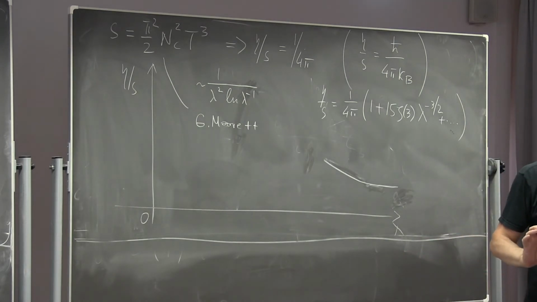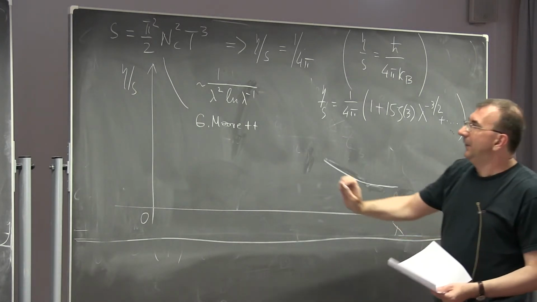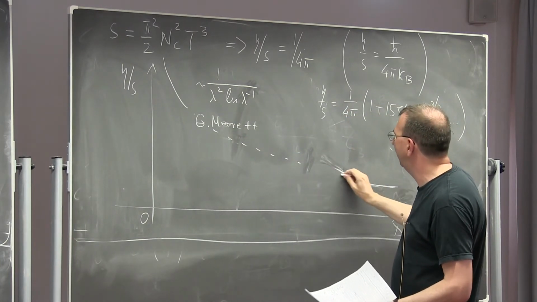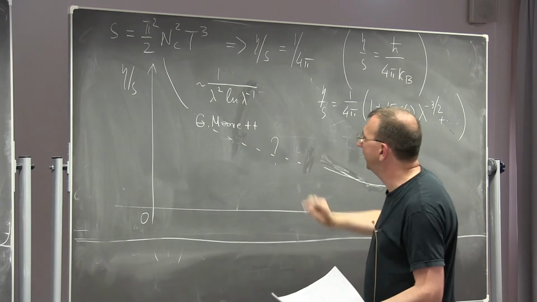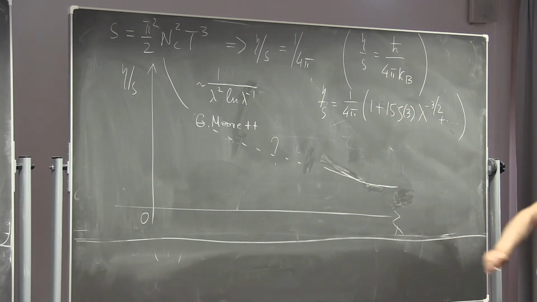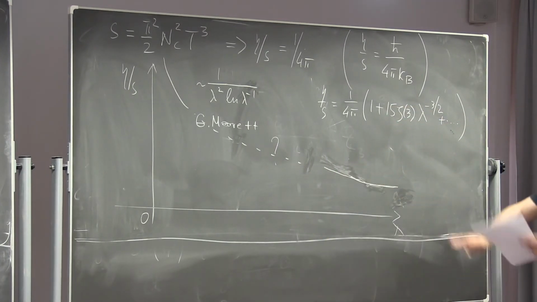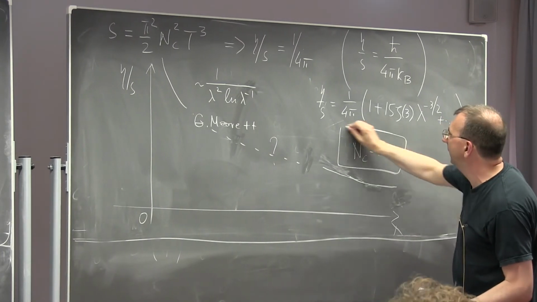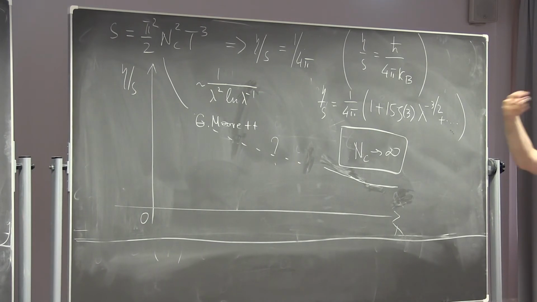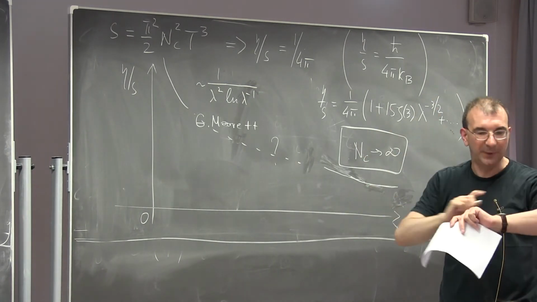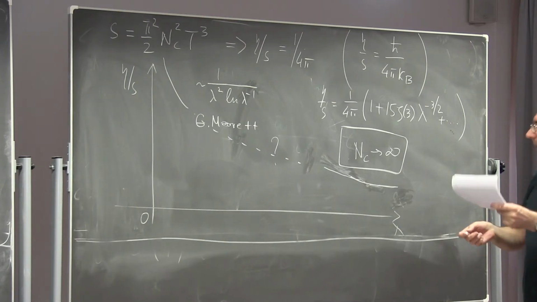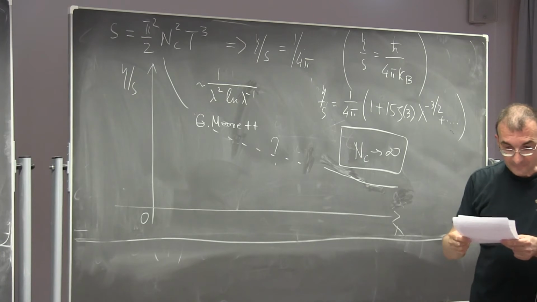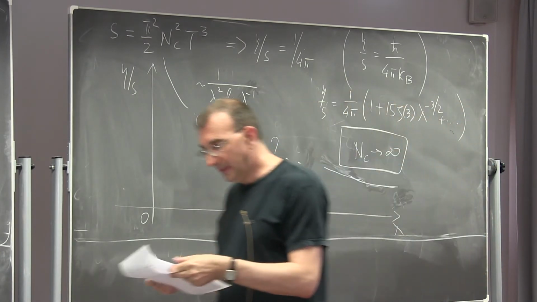A log, yes. So we don't know what happens in between, right? So this is a question mark. We don't have a formula which tells us how eta over s behaves. All of this, I remind you, is also in the limit of N_c going to infinity. So in principle, you expect corrections also in powers of 1 over N_c squared. I will finish in 2 minutes. Okay, so this is what we know at the moment. Now, to finish this, let me just